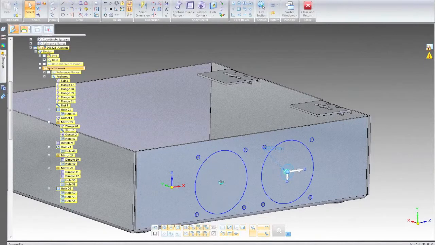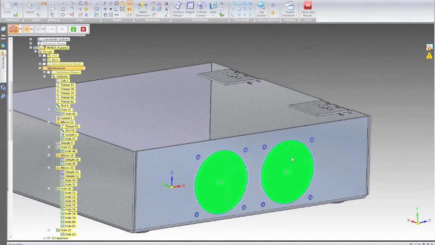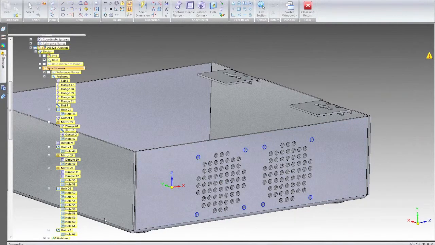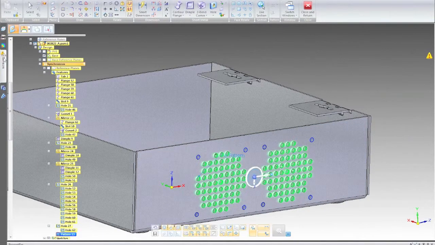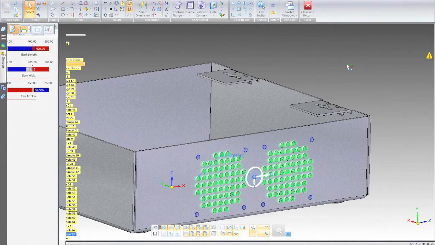Select our two holes that we want to pattern. Create my fill pattern. Select my regions. Select my distances at which I want to pattern these. And there are my vent holes. And you notice I still have one sensor, but that's my blank length. Right now my airflow sensor is now in range. It's now 16.3, so I have adequate airflow coming into this side of my